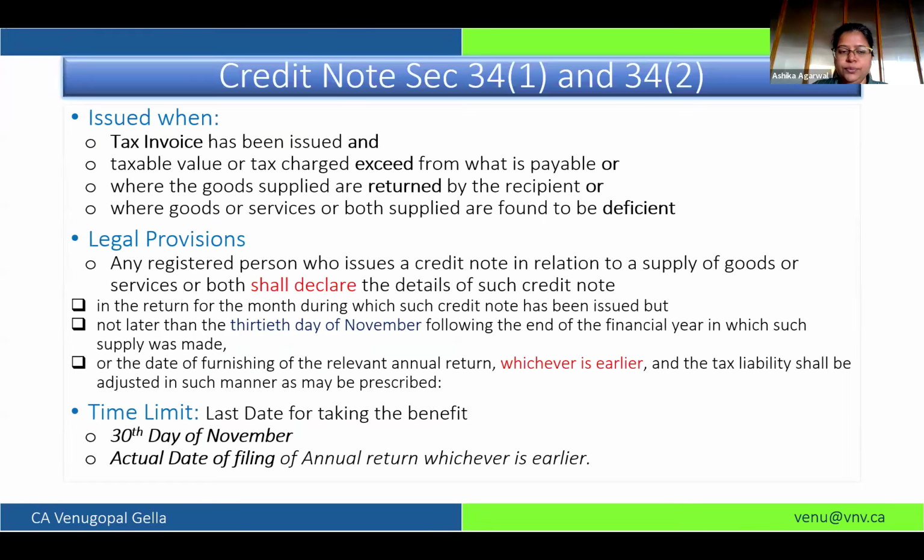Now, this is credit note. This is important to understand because what we have noticed is that people raise credit notes left and right without thinking about what the credit note actually stands for. We have seen cases where, just because your recipient said, I will not accept this invoice, you raised a new invoice, or there is a negotiation, or the e-way bill got expired. There are multiple reasons for which people raise credit notes.